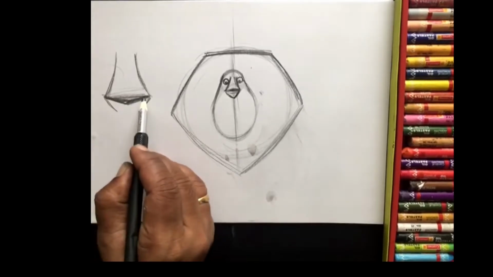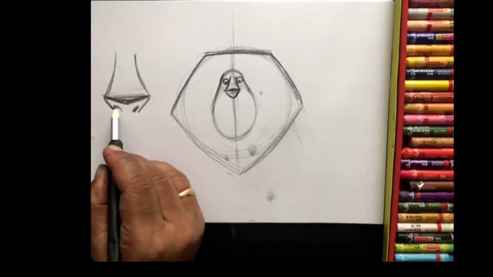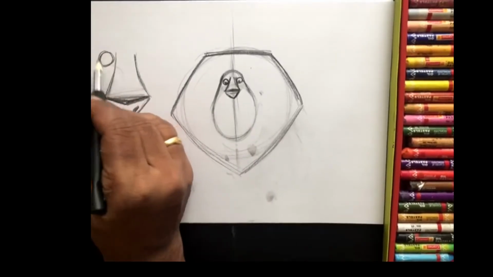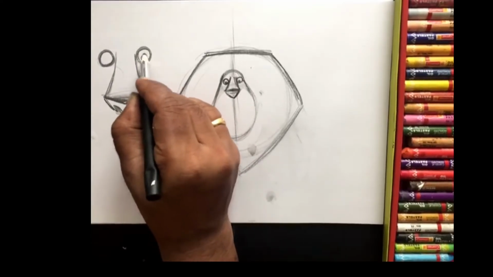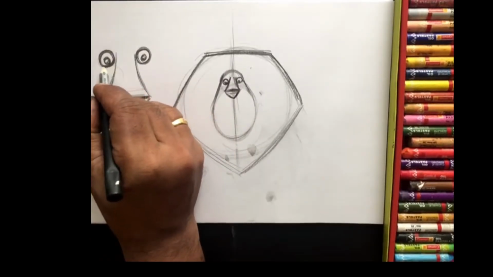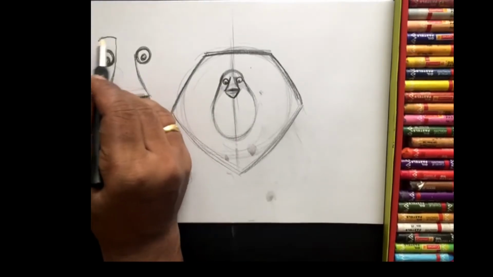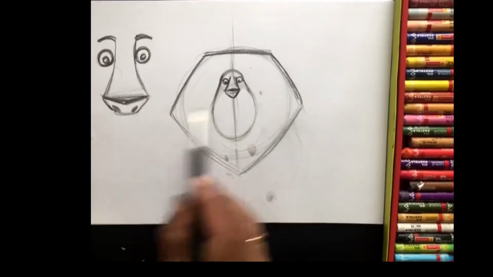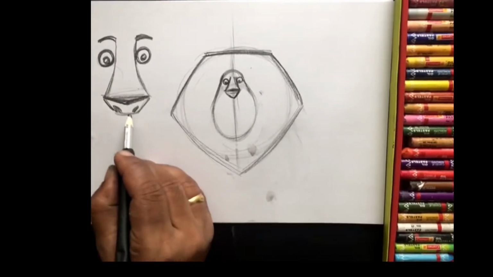So first this is the nose technique. You make the nose like this. And here the eyes, big eyes like this, a circle, a circle, and a small oval inside the circle. After that, this line goes up, and here the eyebrow. I show the same thing here, so you can see it a little bigger. Okay beta, fine.